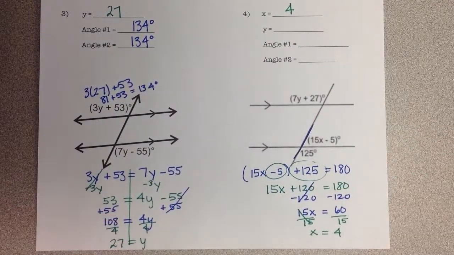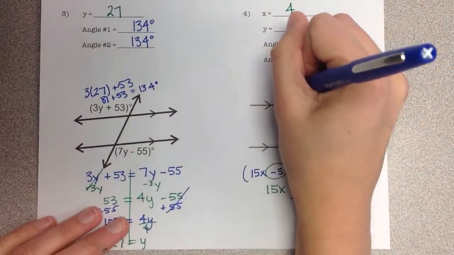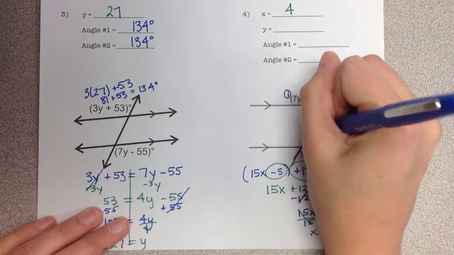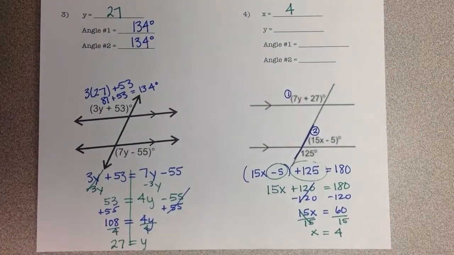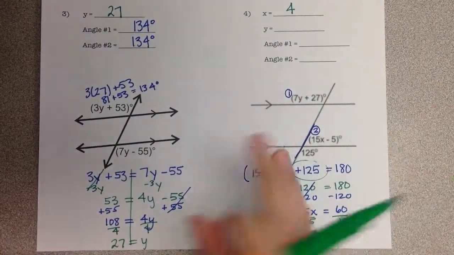Then I can plug back in here to find out what our angle is. We're going to say this is angle number 1, this is angle number 2, because it doesn't specify there. So I can plug back in here to find